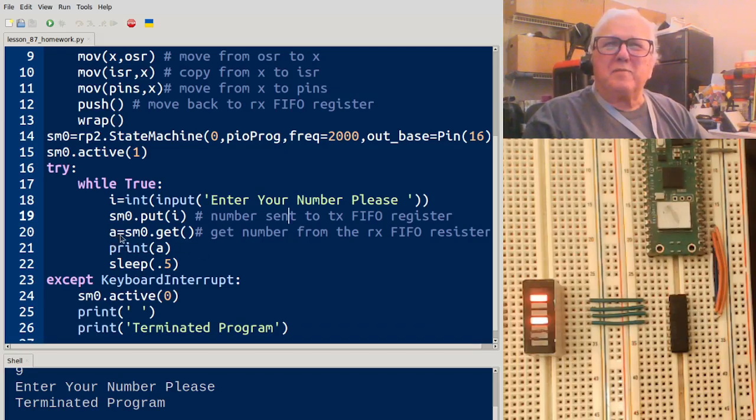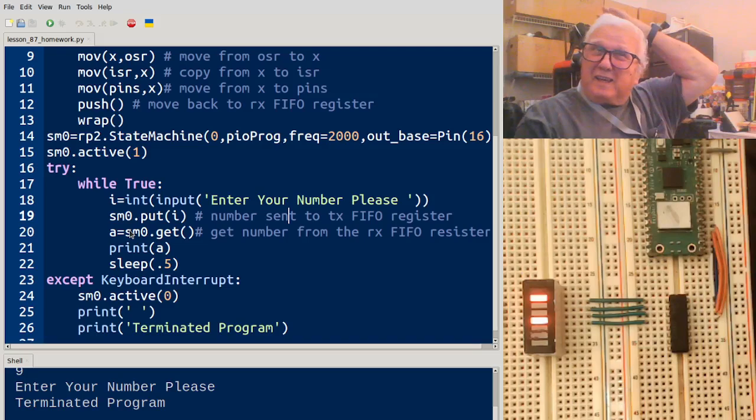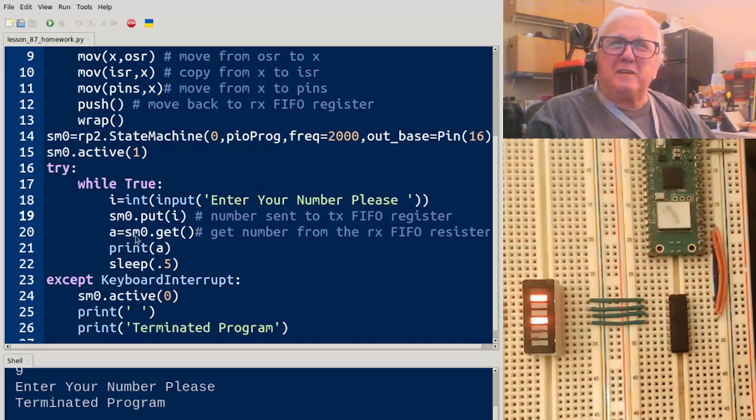And here we've got a equals sm0.get(). That's where we're taking the stuff that's coming back from the state machine into Python. And a is what we're going to print. Now, if I run this thing,